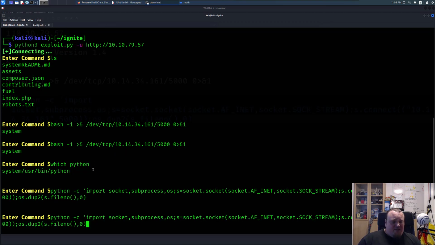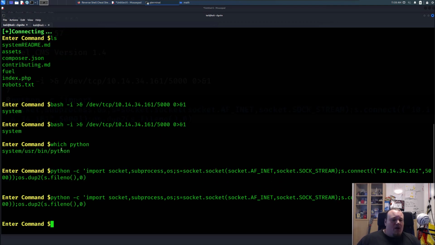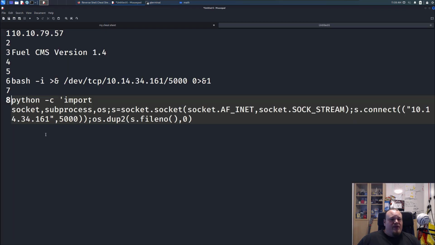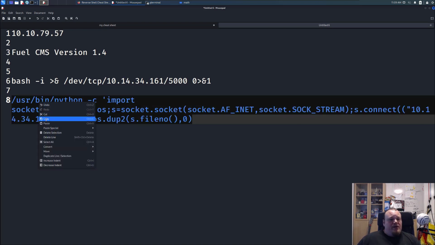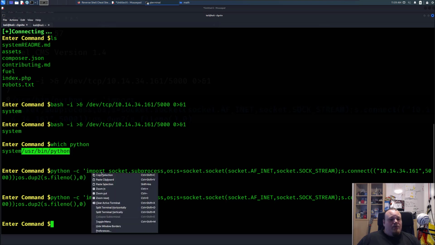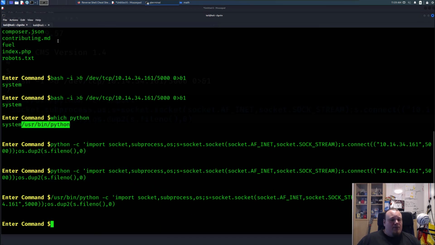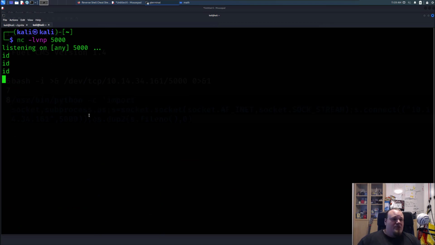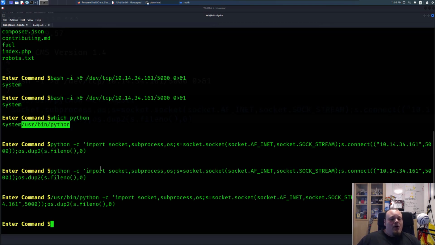What we could try is take all this, and okay, I have no control. So what we could try now is, since it's installed in this path, let's take the path right there and call Python from the actual path instead of directly without the actual path. So let's do that. And one more time, nothing triggered, so it wouldn't seem like we have any particular